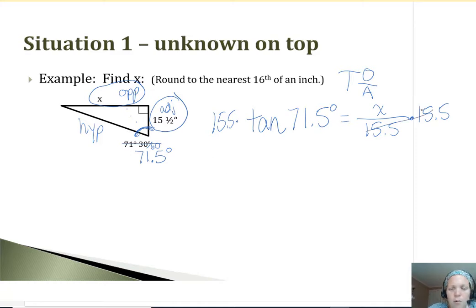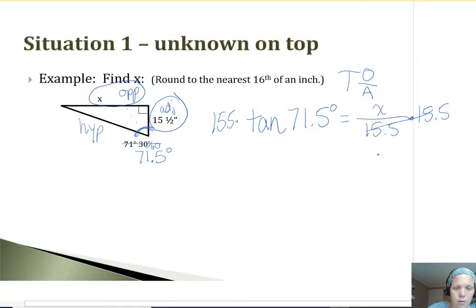So every time the unknown is on top, the unknown side is on the top, doesn't matter if it's sine, cosine, or tangent, if our x is our top side in the equation, it's always going to be this step when I calculate of multiplying the side by the trig part. Okay, so 15.5 tan 71.5